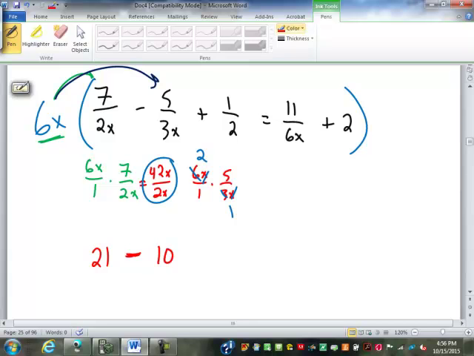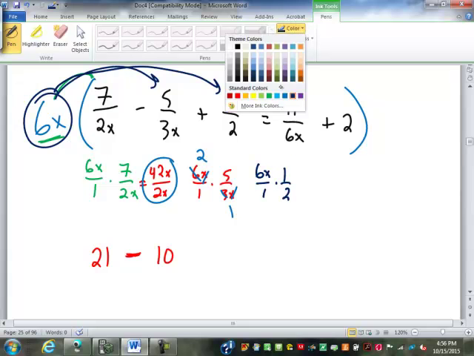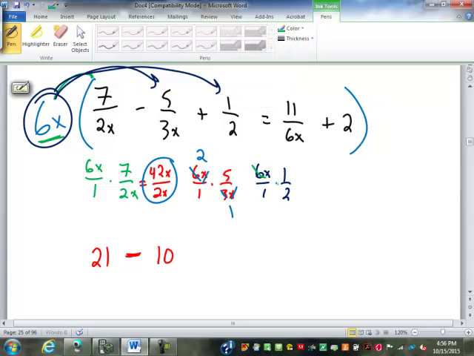What would be next? 6x times 1/2. So 6x over 1 times 1 over 2. The 6 and the 2 cross cancel to give me 1, and 3x, of course, is still there. So 3x times 1 is 3x still. So it's plus 3x. Equals